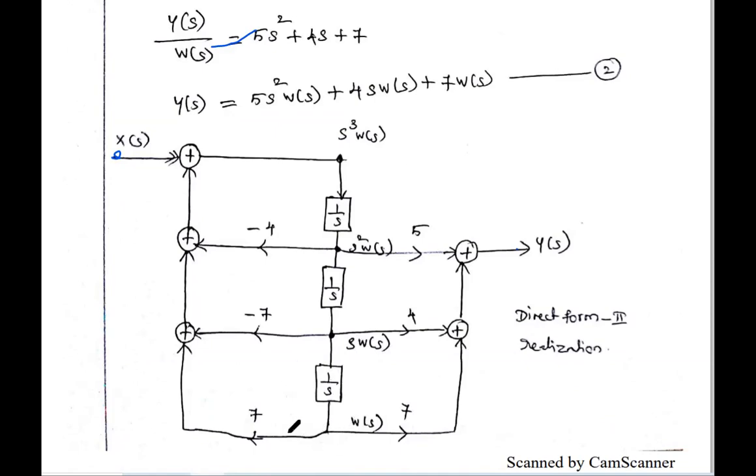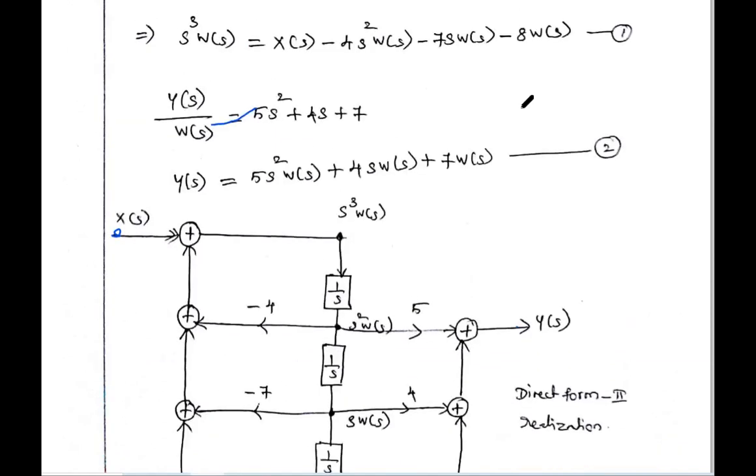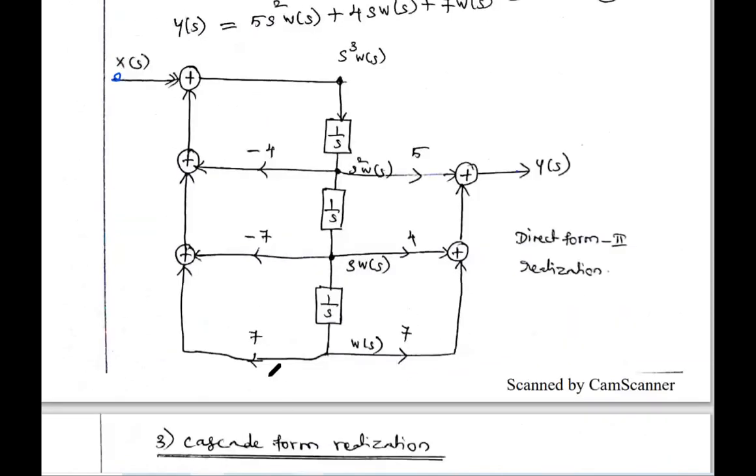Okay. So this W of s you multiply with, what is the last value? So the last value is minus 8. Okay. So here, it is not 7. So the value is minus 8. So you multiply with the gain value minus 8. So this is minus 8 W of s. Okay. So you give it to one adder. Adder means the adder is having at least 2 inputs. Okay. Only 2 inputs. That's why this last term is added with this term minus 7 s into W of s.